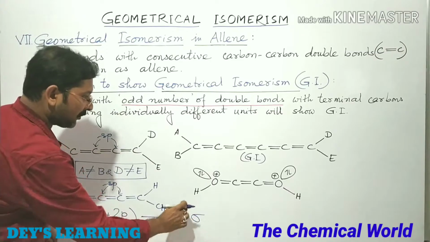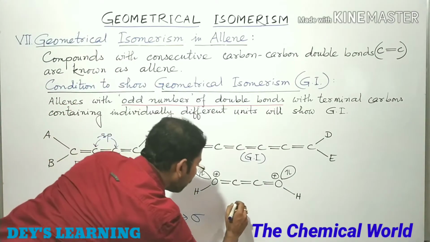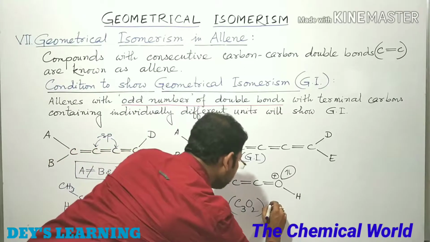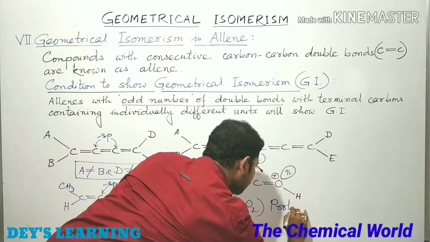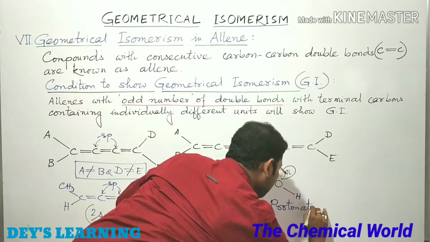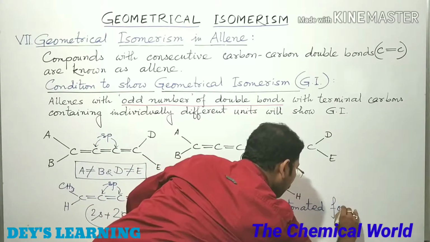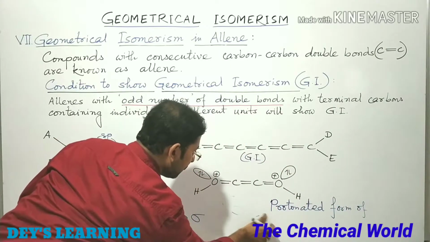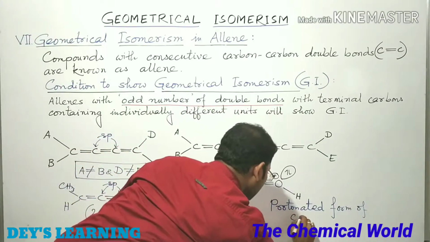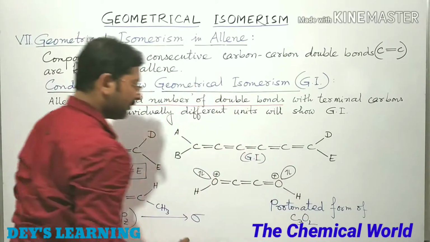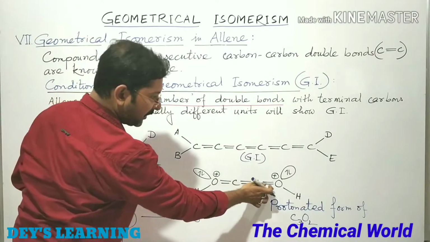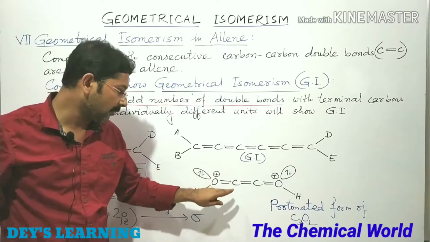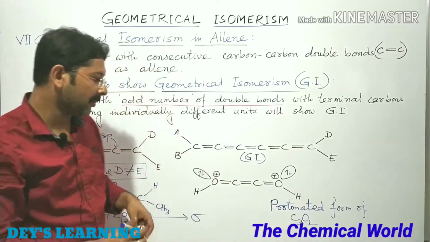Okay, the next molecule, this one is C3O2 carbon suboxide, the protonated form of carbon suboxide. This is the protonated form of C3O2 carbon suboxide. C3O2 is O double bond C double bond C double bond O. Look at here, there is also carbon consecutive double bond, 1, 2, 3, odd number of consecutive double bonds, and